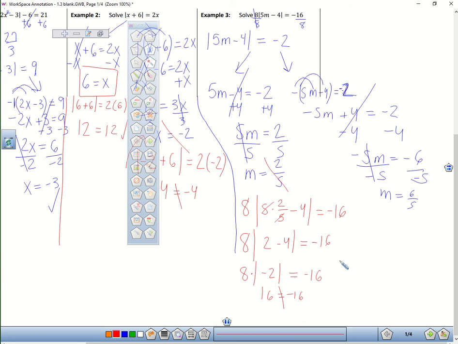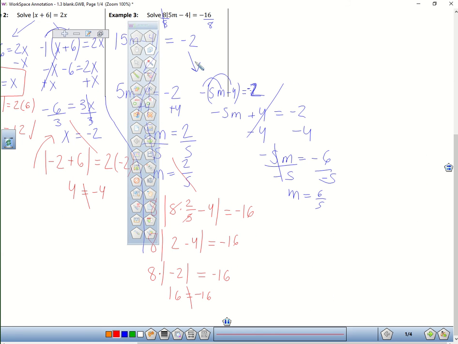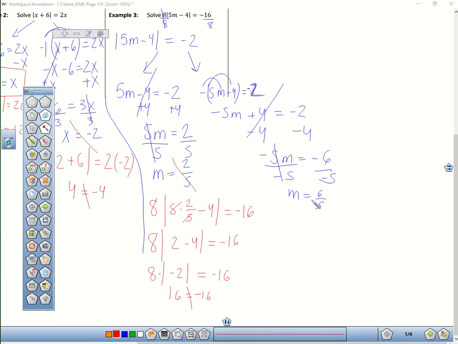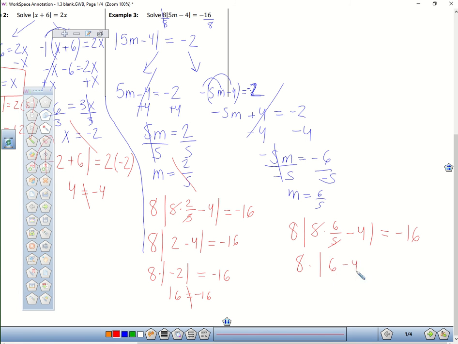So let's see if this is an extraneous solution. I do the same thing. I plug this into the original equation. I multiply, this cancels out my 5's. I'm left with 8 times |6 - 4| equals negative 16. So I have 2 here, so 8 times 2 is 16. 16 is not equal to negative 16, so there are no solutions